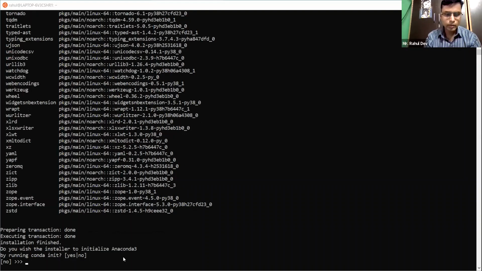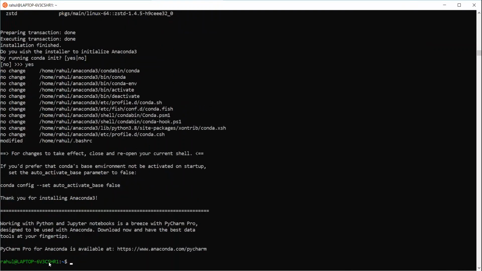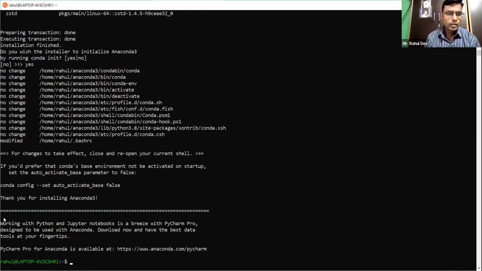Again, it requires our permission. We have to type yes. And yes, it's done. So there is written here, thank you for installing Anaconda 3. I hope that all the things will be okay in installation. Many times it happens that we have to type exit, but before that I need to check whether I need to go for the exit command or not.